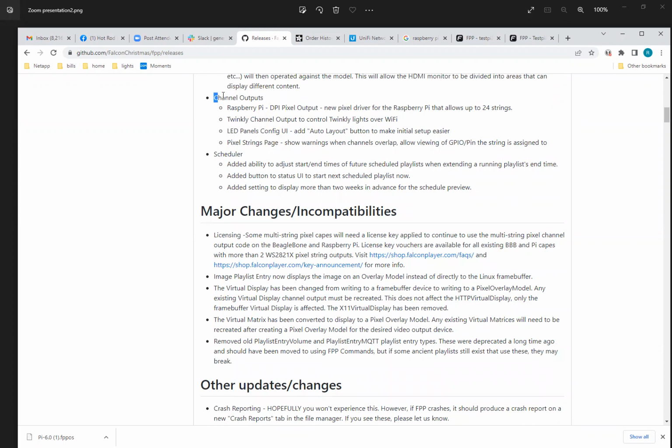One of the other big changes in FPP6 is some channel outputs for Raspberry Pis. There's a new output type called DPI Pixel Output. It's a new pixel driver for Raspberry Pis. It allows you to have a cape or be able to use 24 GPIO pins for 24 strings off of a Raspberry Pi. We've already seen some new